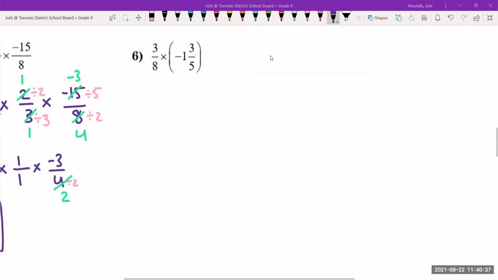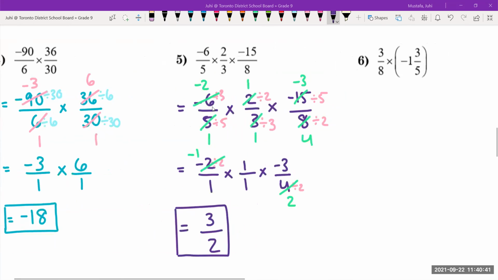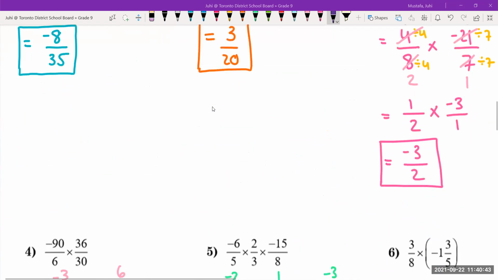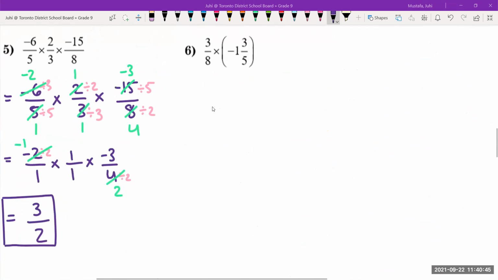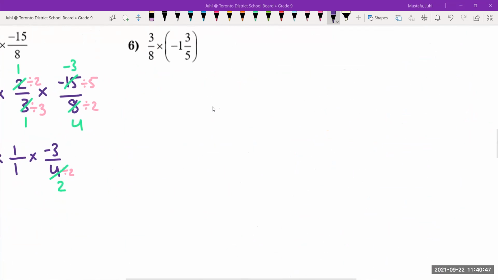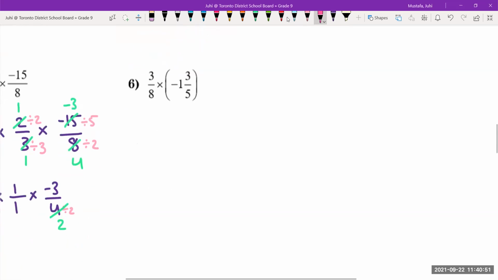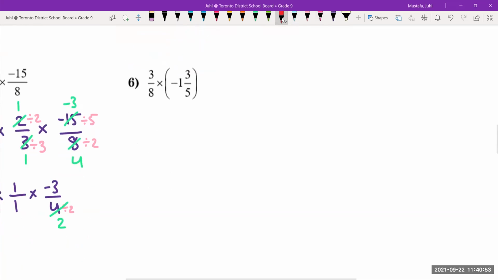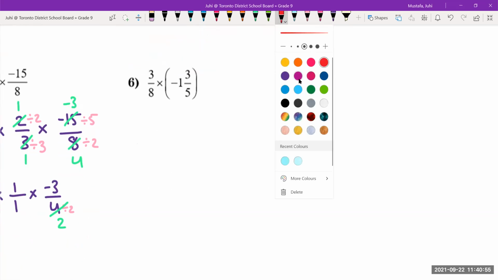Okay, you guys, so let's try question number 6. For this question, there is another added level of difficulty. Can anyone see what that level of difficulty is? Yes. Brackets, and what kind of fraction do we have here? We have a mixed fraction. So what we're going to have to do is,